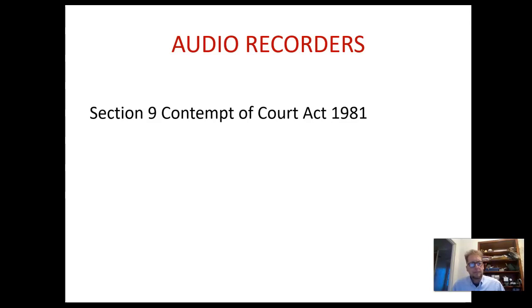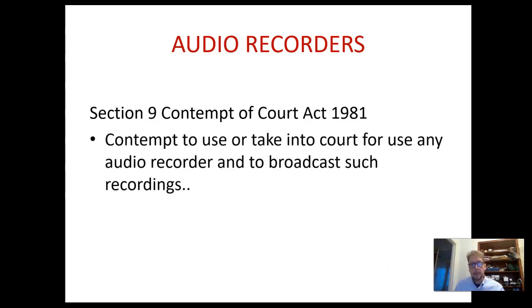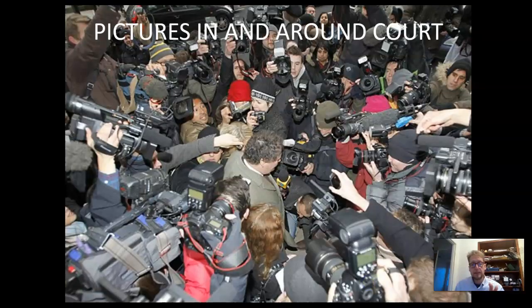I also want to talk about other contempt risks. So audio recorders. The Contempt of Court Act 1981, Section 9, says that you mustn't take an audio recorder into court. So don't do it. You can't broadcast any recordings. Pictures, similarly,